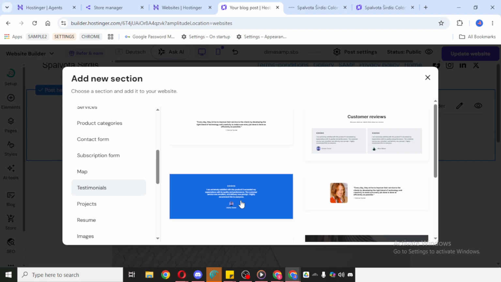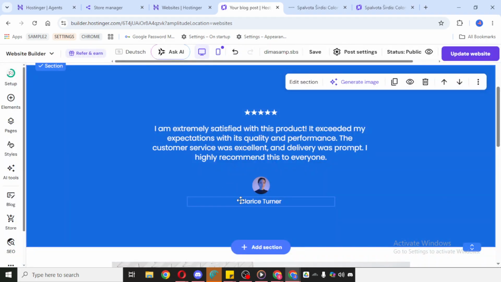At this stage, select the layout that best matches the style of your website. Some layouts may look more minimal, while others may feel more bold or visual. If your goal is to highlight several quotes in a rotating or organized format, choose the one that best fits that presentation and blends well with the rest of your design.